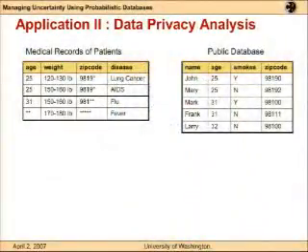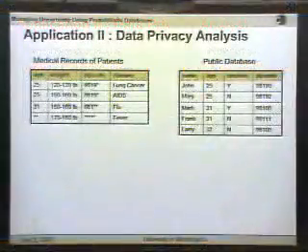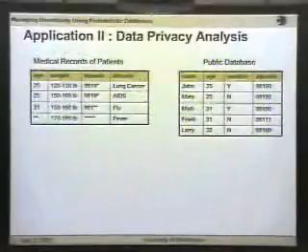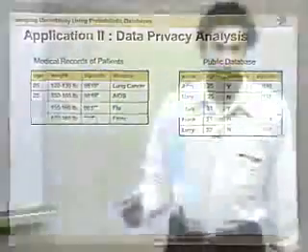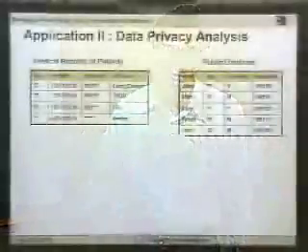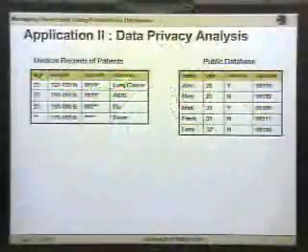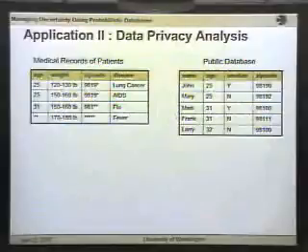Here is a totally different application. It's about analyzing the data privacy. So let's say you're a medical agency and you want to publish data about your patients for research purposes. At the same time, you want to make sure that you're not disclosing any sensitive information about any individual. So you will try to anonymize the data. So you will remove the names. You will just publish, let's say, age, weight, zip code, and disease. And you may want to hide some of the values if you think they are sensitive in disclosing the information about any person. And then an attacker comes and tries to find out the diseases of individual persons.